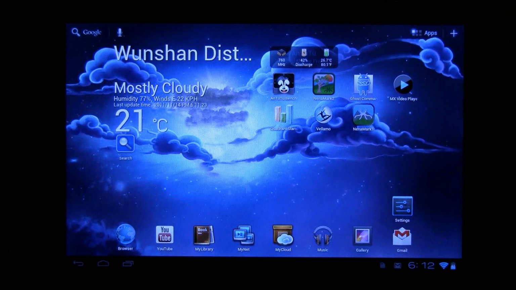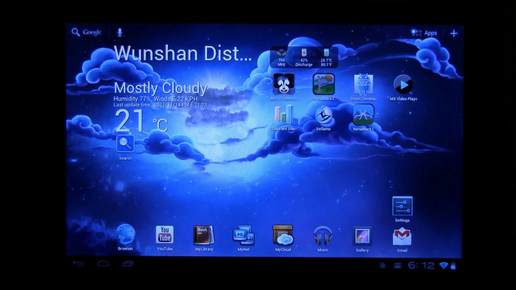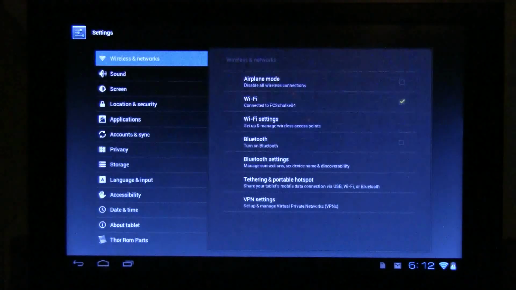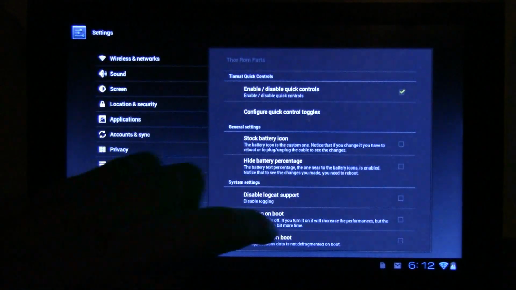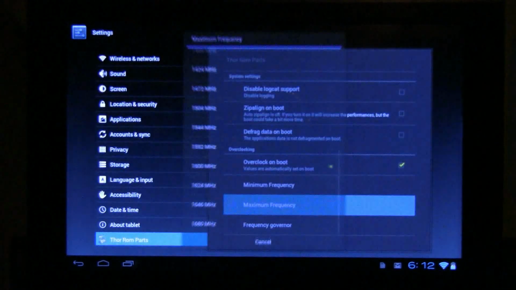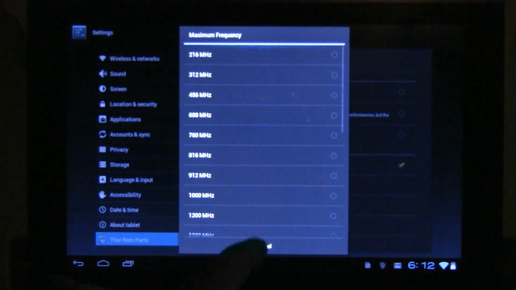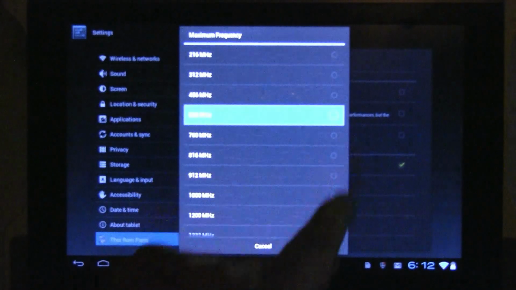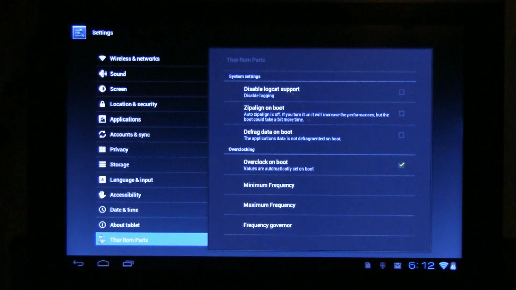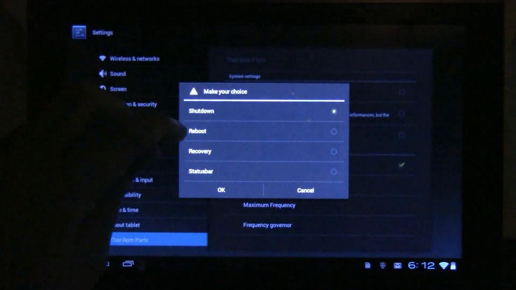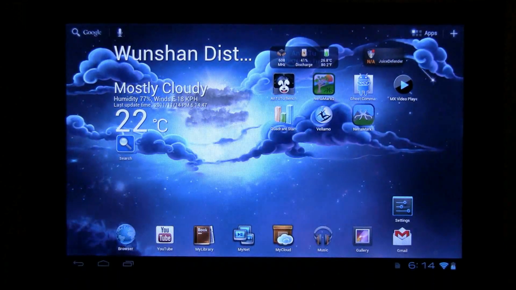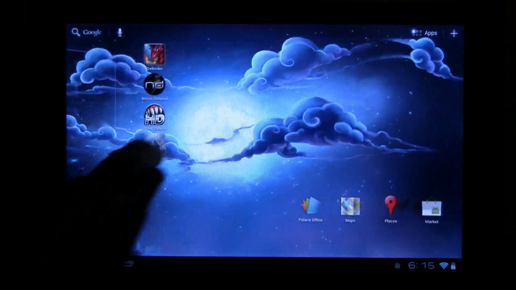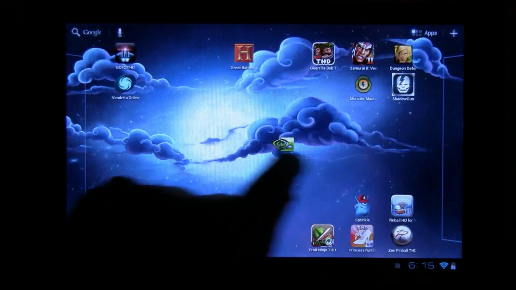But what I would also like to show you is how about underclocking our device and trying to still play, what about Shadowgun at 600 megahertz. Here we go. Set to 600 megahertz. And we're going to reboot. Okay, back. We're at 608 megahertz right now, and you can definitely tell it's not so smooth anymore, even though